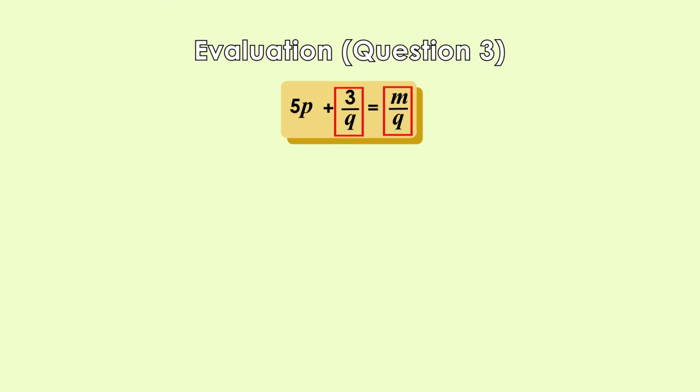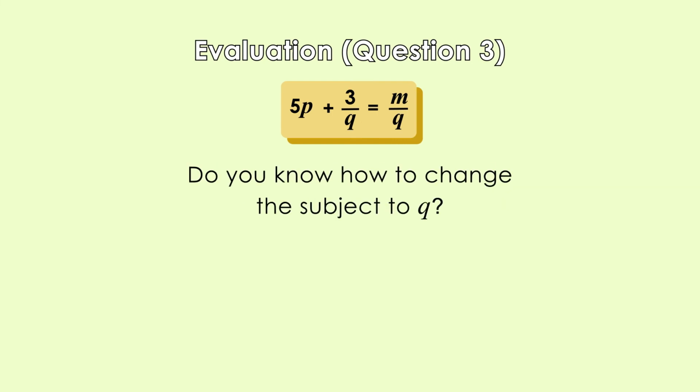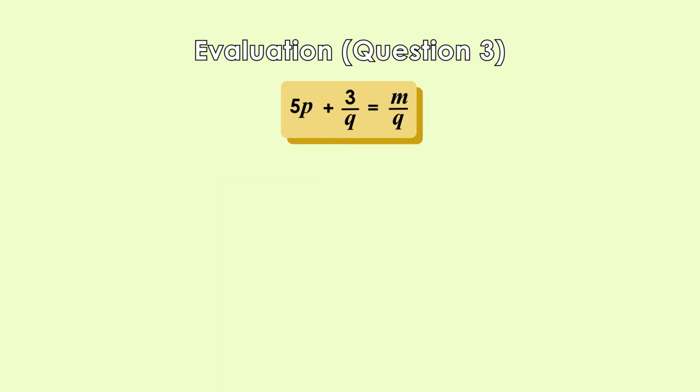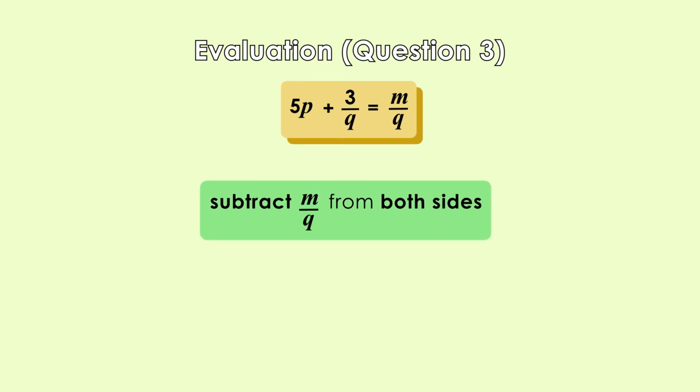Question 3. Given 5p plus 3 over q equals m over q. Express q in terms of p and m. Do you know how to change the subject to q? Yes, you are correct. First, subtract m over q from both sides of the equation, forming